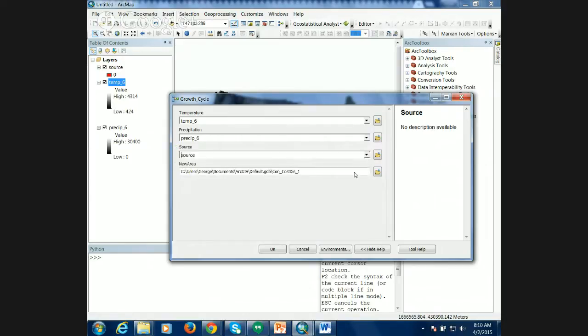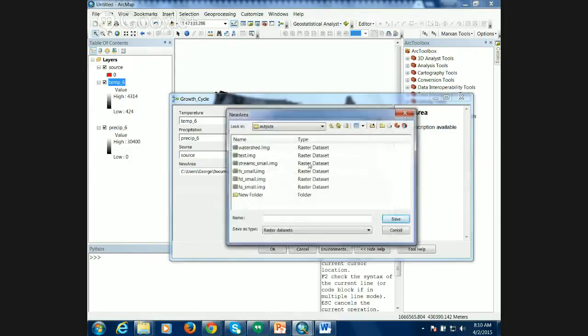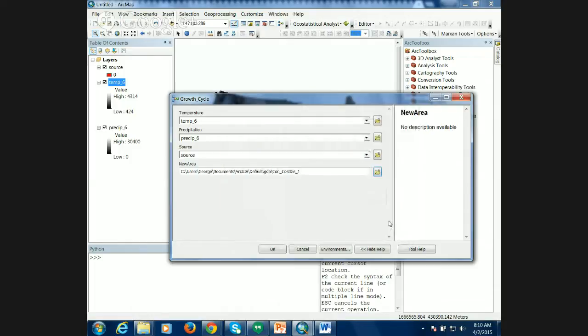Now, one thing that you need to do, let's just save this in the same folder we've been working in, Lab 8. I'm actually going to make a new file database and call this outputs for organization purposes. Save it in there. I'm going to call this out_6,